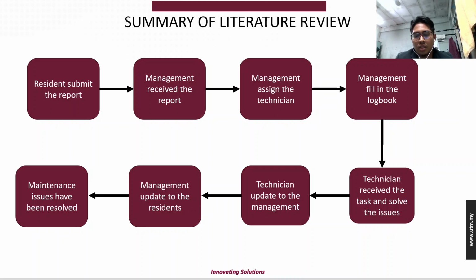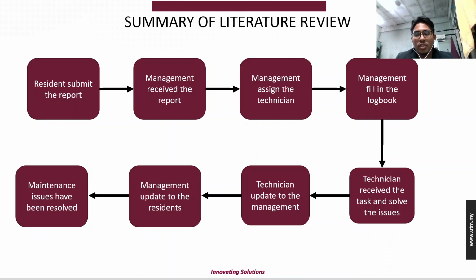Right now I will tell you the workflow of the current system. Basically, the first thing is residents submit the report via WhatsApp or call or even by filling in the Google Form. Once the management receives the report, they will assign the technician. But if the management doesn't receive the report, there is nothing they can do.